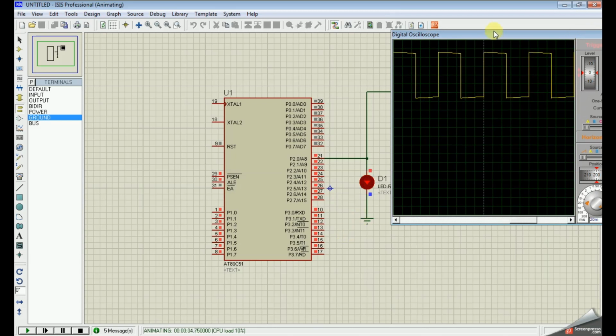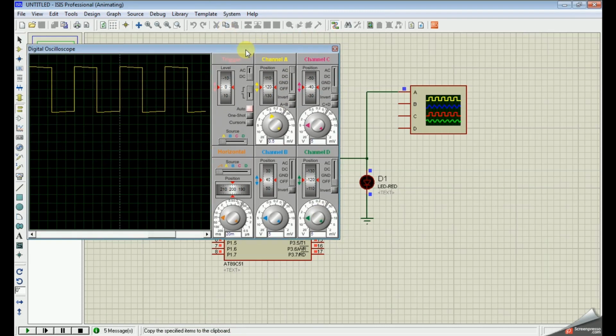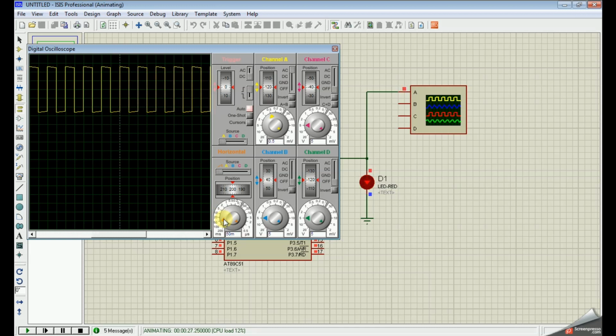If you see, calculate the delay here, the timing is 20 milliseconds. Each block is 20 milliseconds. If you reference from here, this is 20 milliseconds, 20, 40, and this is off. So it is giving exactly a 50 millisecond delay. Each block is 20 milliseconds as we set here. If we set for 50 milliseconds, you can exactly see one block is 50 milliseconds. So it is generating a 50 millisecond delay, with the program we have written.